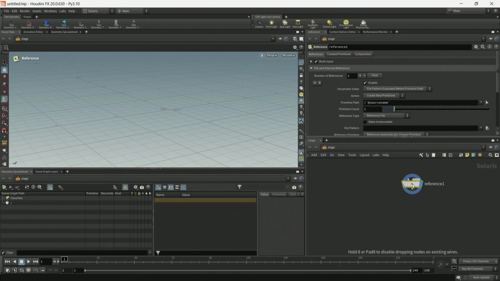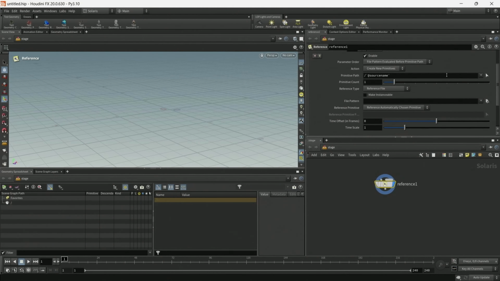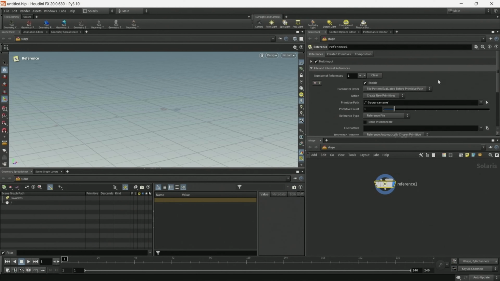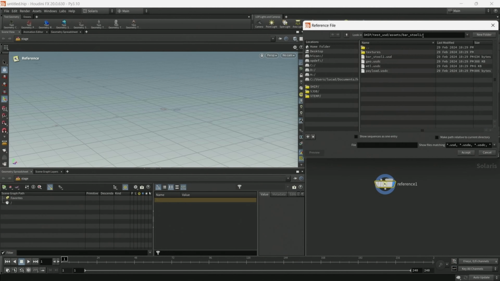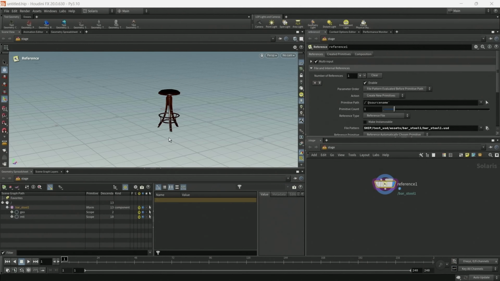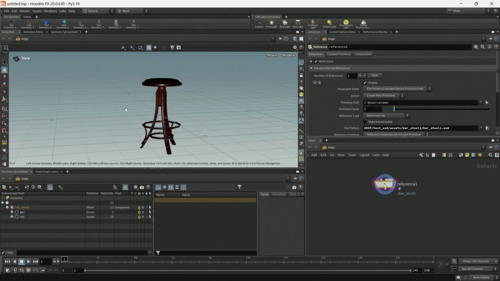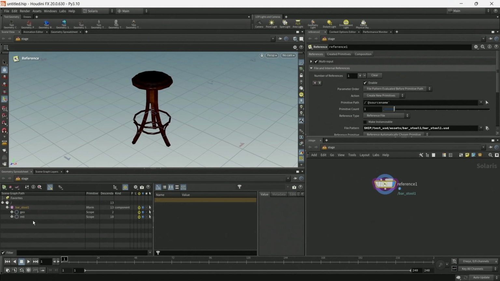They would typically do this with a reference lop.